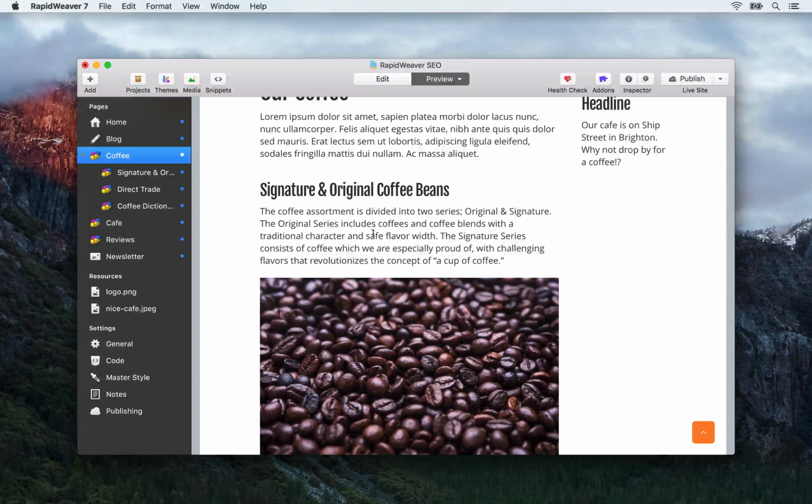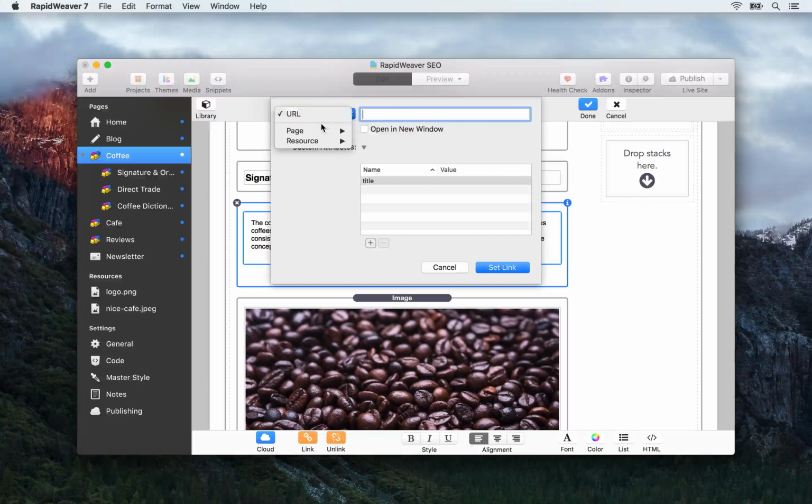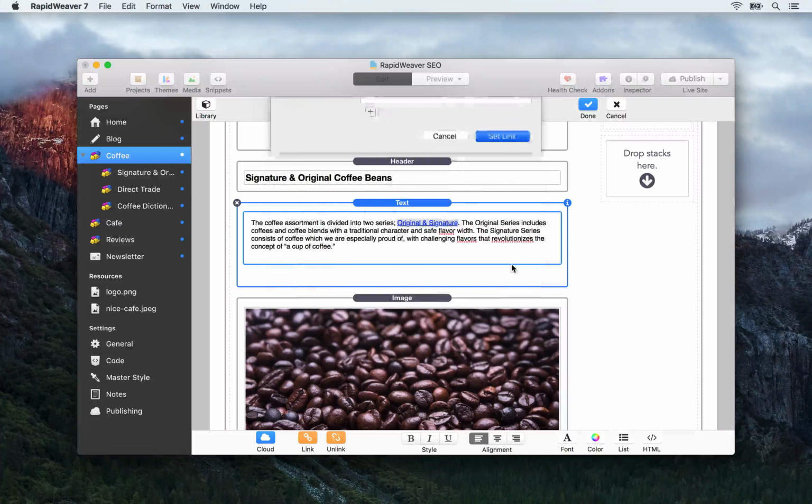What you'll probably notice we haven't done is actually linked off to these pages yet. Now the first way we can do that is within the supporting text here. Now in the supporting text you should try and link to the page in a natural way. So when you're writing the copy, try not to write a find out more link. You'll want to be using some keywords in the text that is linking off to that page. So in this example we could use original and signature as the link to the page. And we can do that like so by using the link sheet in RapidWeaver and then just simply selecting the page here. Then you would add a descriptive title, so learn more about our signature and original coffee beans,